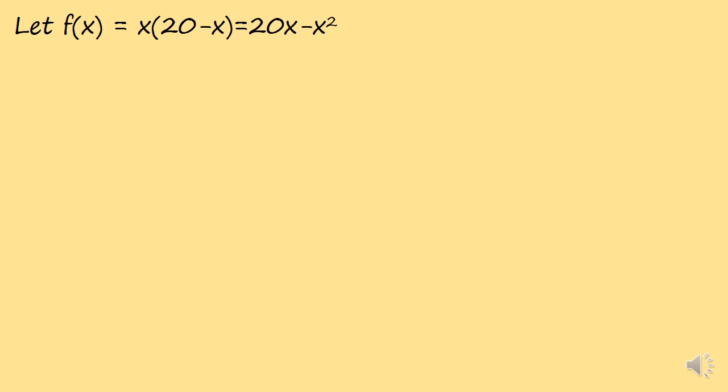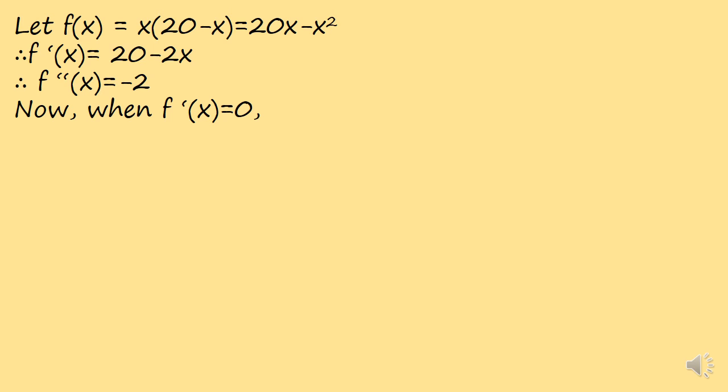And then as usual, we go on to find f dash of x. So, f dash of x becomes 20 minus 2x. Then we also find the second derivative which comes out to be minus 2. When we find the derivative of 20 minus 2x, we get minus 2. Now, don't conclude the answer from this step itself. You have to do further and complete the second derivative test. Only then will your answer be considered in the board exam. Otherwise, you will lose marks.